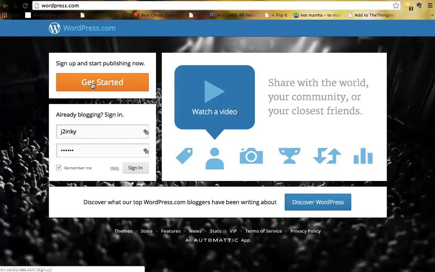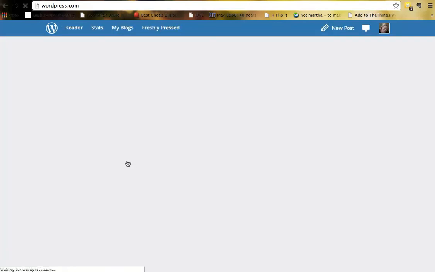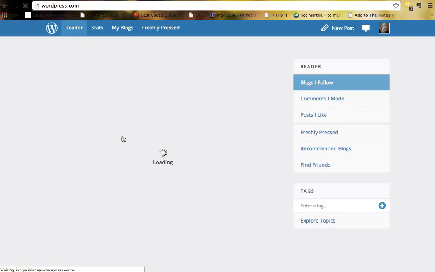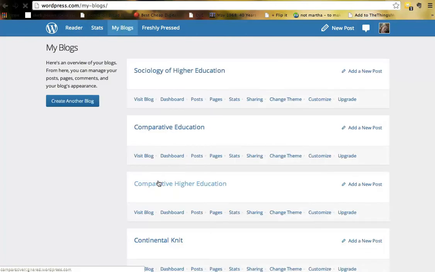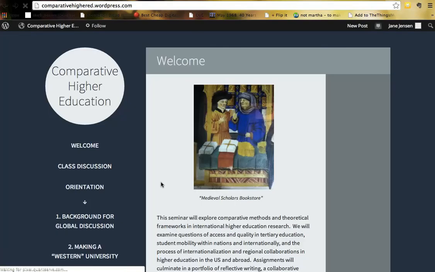If you don't have a WordPress account, then sign up through the Get Started, and it will take you through it step by step, no problem. I'm going to go ahead and sign in to my WordPress page, where we'll then be able to link to our website. And you'll be invited to the website, so once you log into it the first time, it'll show up on